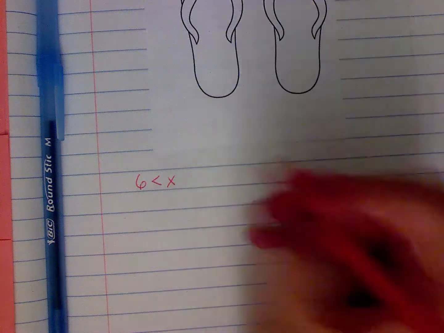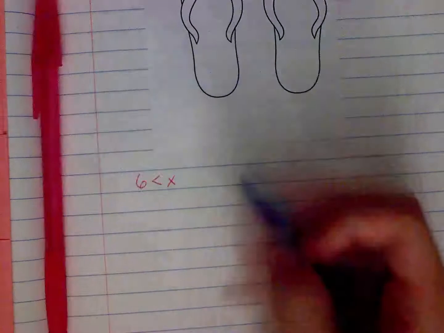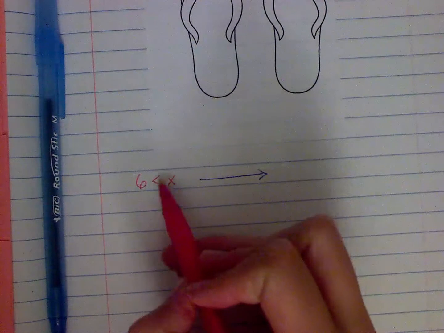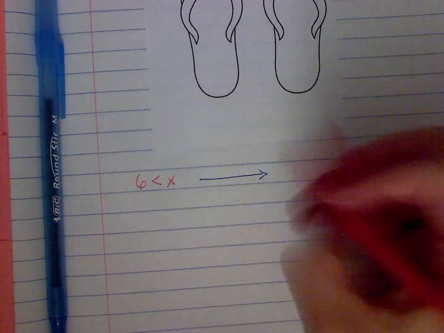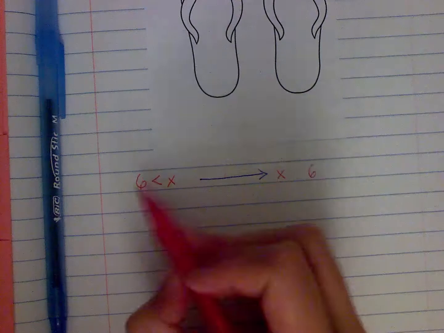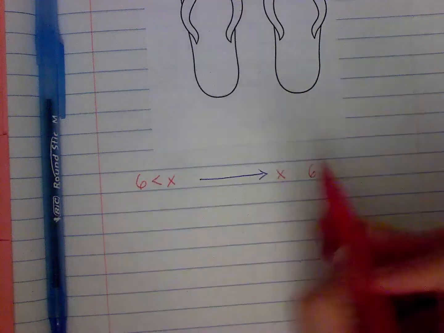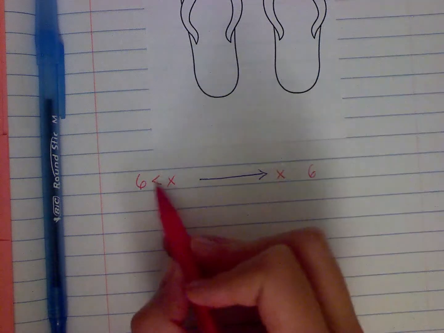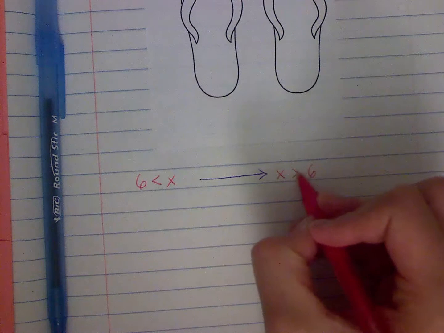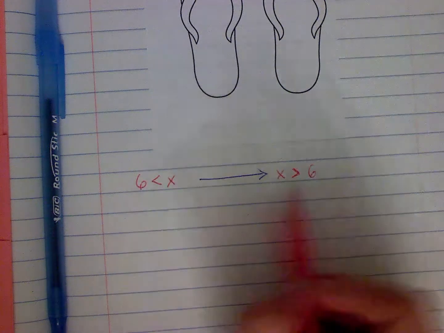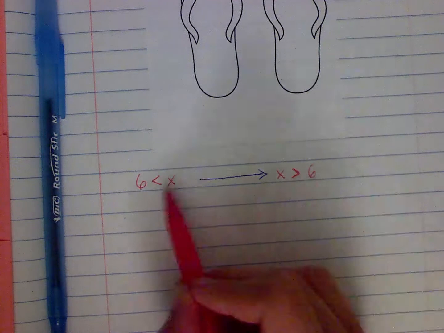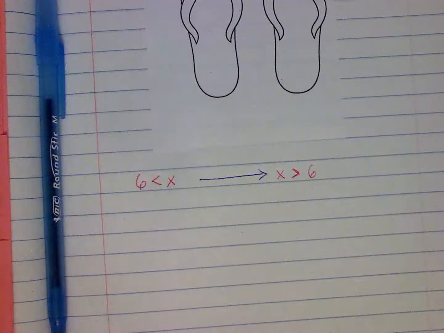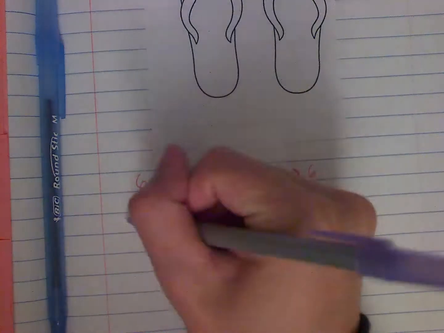Okay, now what you need to remember when you flip them is that, look, if 6 is less than x, this says 6 is less than x, what symbol will go here? What's the relationship between x and 6? Well, if 6 is less than x, then x must be greater than 6. So notice if I flip the variable and the constant, I also need to flip around that sign. Okay, so let's just write down that rule because it's important that you remember it. So the rule is basically if you have to,